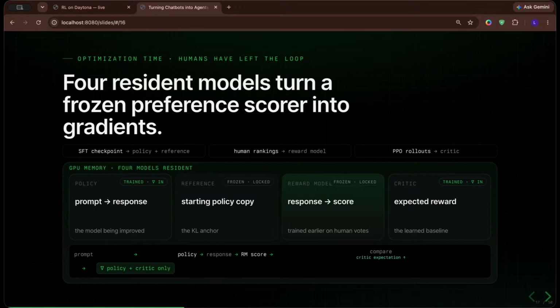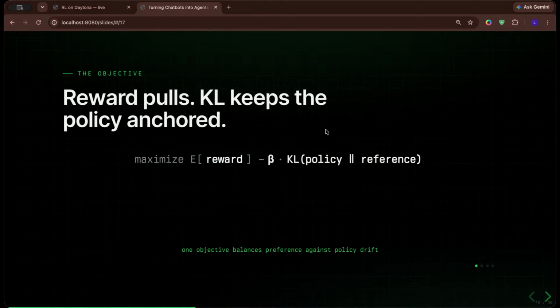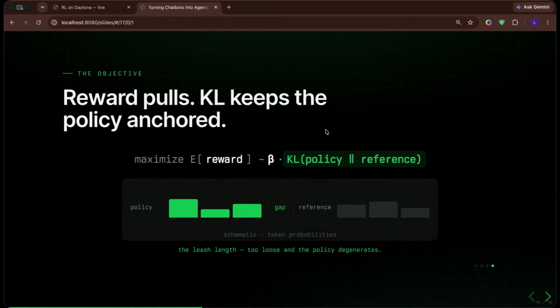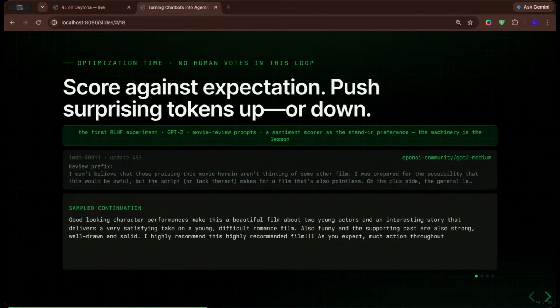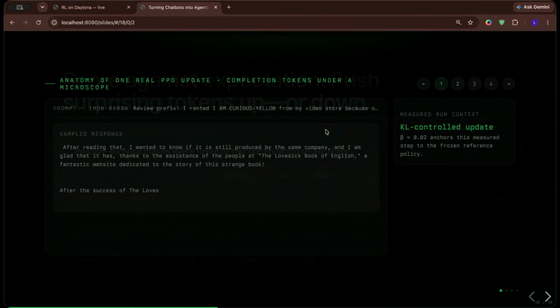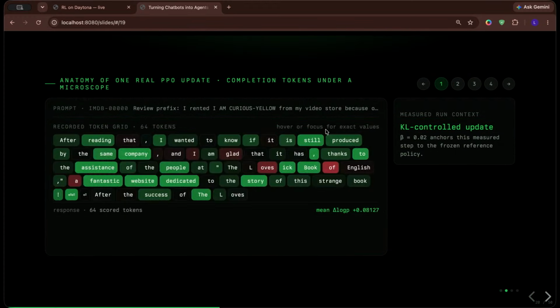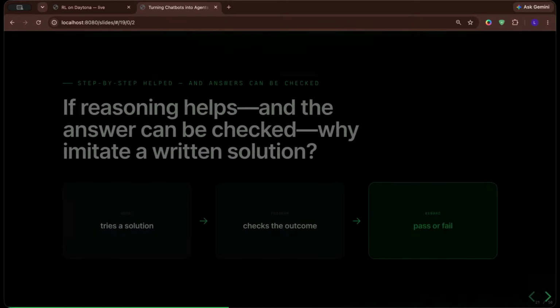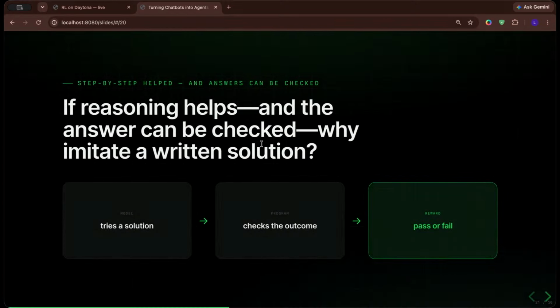whatever humans prefer. And so this is getting a little bit, I think I'll probably have to skip some of these slides for the sake of time, but this is the objective that is optimized when doing reinforcement learning with human feedback. And so yeah, it's sort of an example of what I've been talking about. Let's get these. And so, yeah, going back to what I was saying earlier,